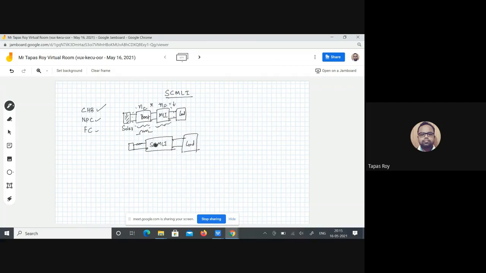If you see, this multi-level inverter has inherent boosting ability. Input voltage, let's say 24 volt, we can boost up by using some capacitors. Let's say we can get 100 volt here. By using only some capacitors, no magnetic component is required, so the size is low. Why? Because the magnetic component is not present.